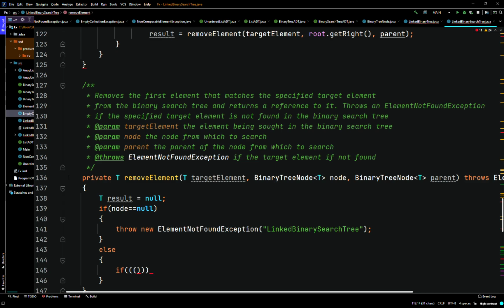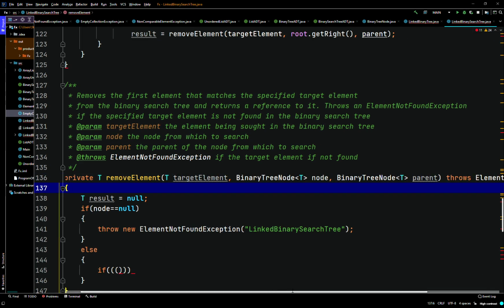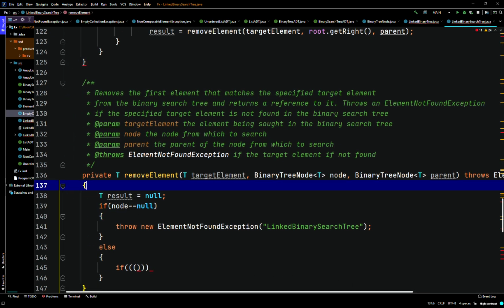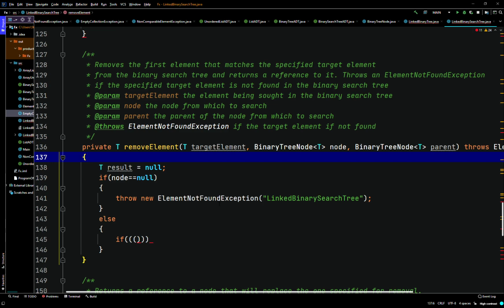So we'll say, okay, private T removeElement takes targetElement, a node, a parent. We have T result points to null. If node is equal to null, throw a new ElementNotFoundException. So if Comparable of targetElement dot equals node dot element, so if targetElement equals 2,